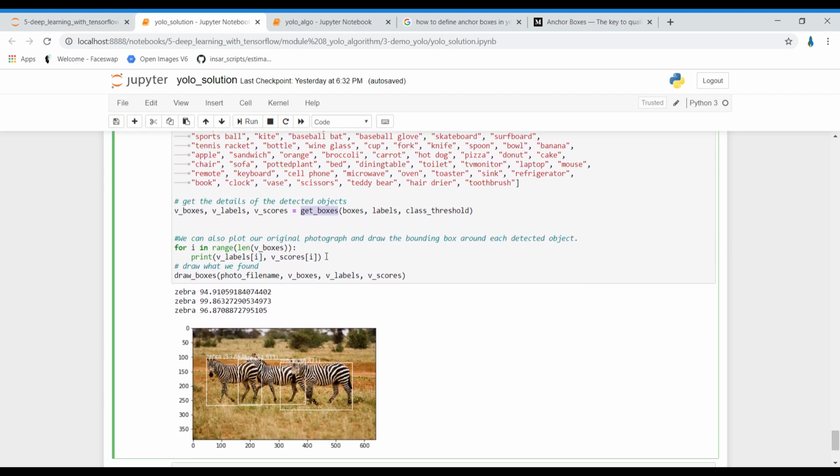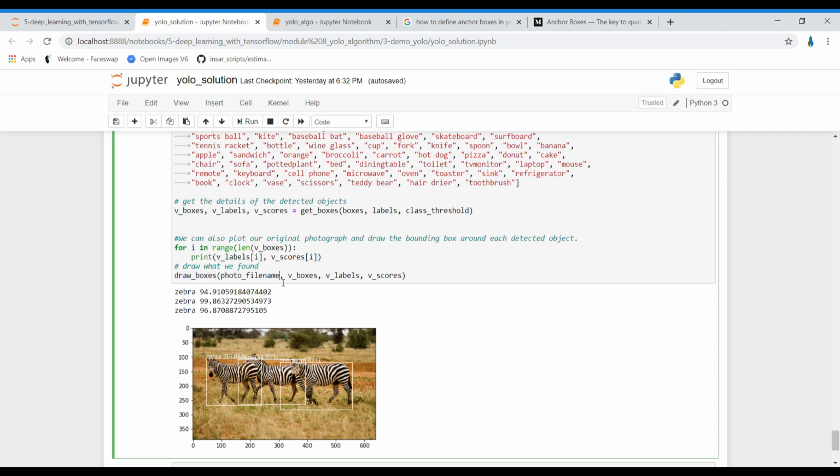So we are using a loop because we have made three anchor boxes, which means we want to detect three objects. Then the draw boxes function, if you remember, which we discussed above, is responsible for drawing boxes, and it is getting information from the get boxes function, right?